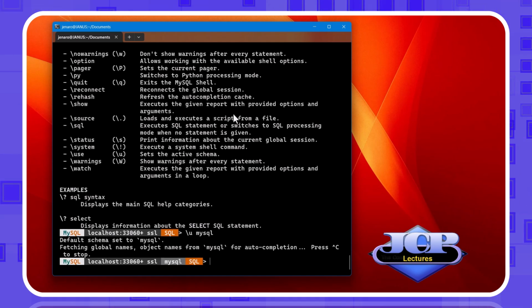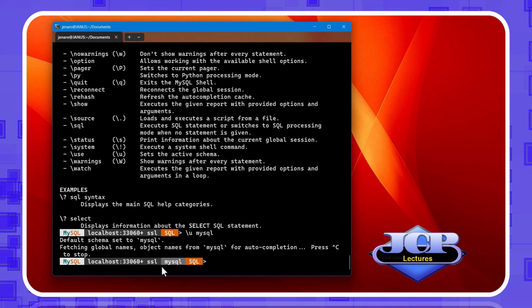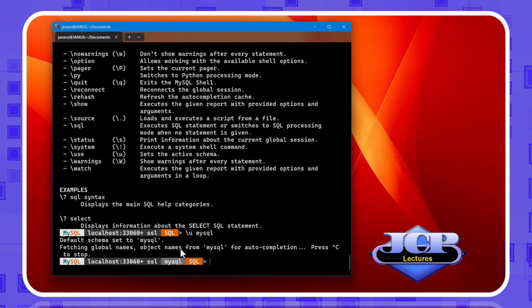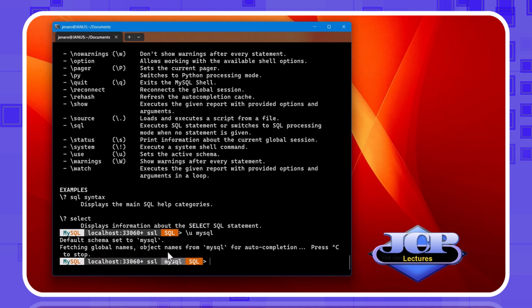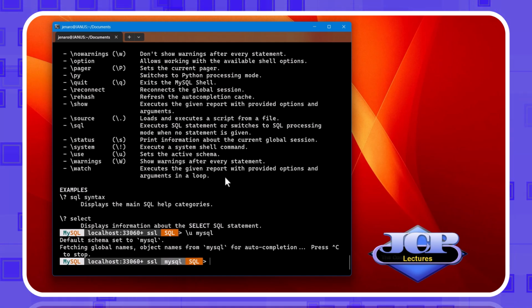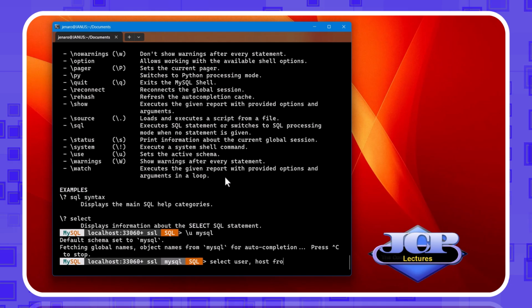Now let us run the command select user, host from user, as we did before just to recheck.